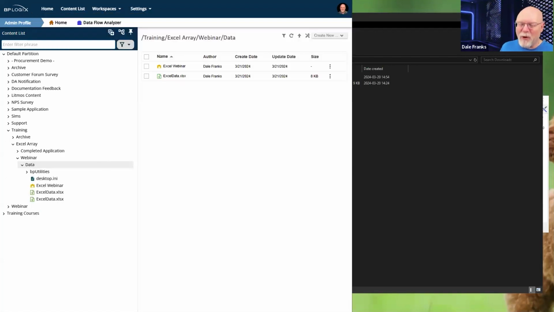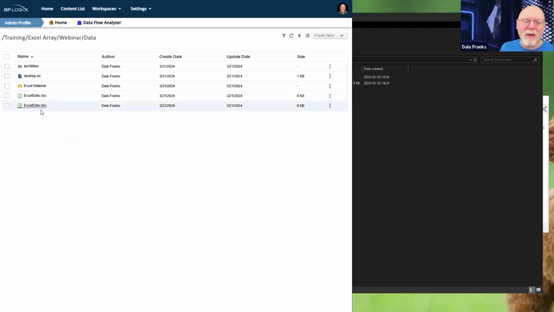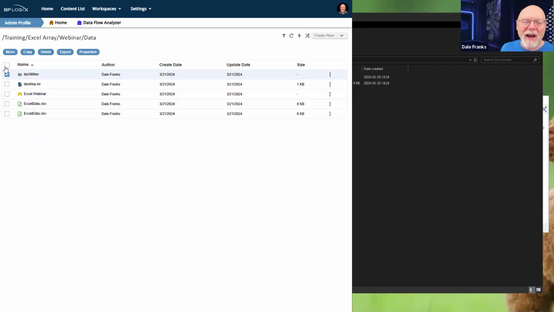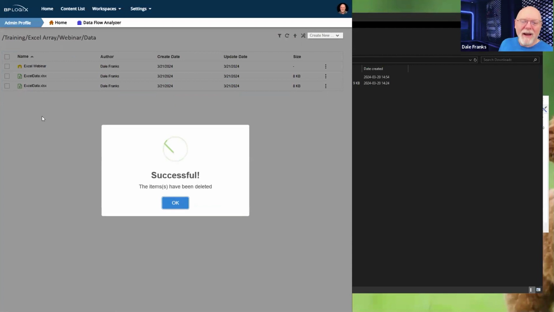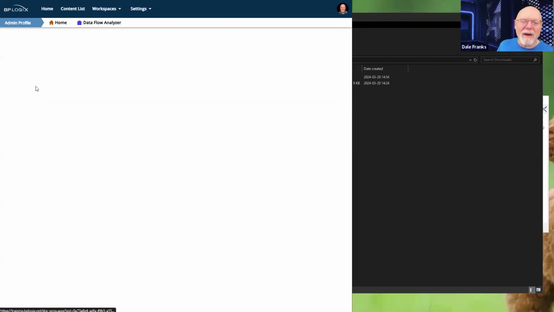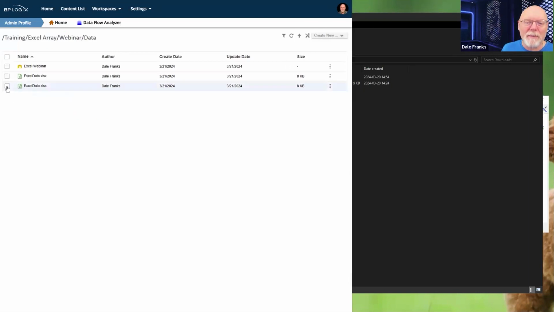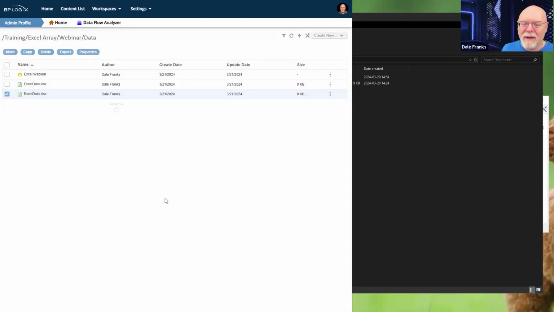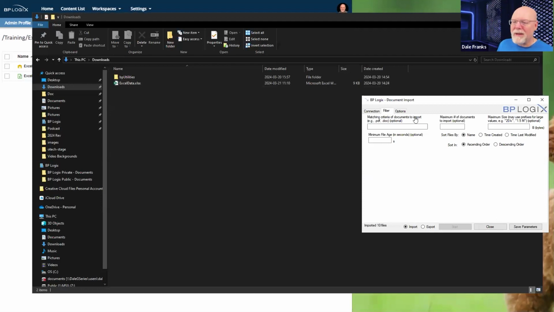First of all, what got imported? I only thought I had one file in there. Oh, I didn't want to redo the whole thing. Oh, BP utilities desktop.ini. All right. Let's get rid of that. Yes, delete it. It brought in a new copy of Excel data, which I didn't particularly want. Is that the one that I can delete? Yes, delete it. Okay. So let's go back and put that back on my matching criteria.